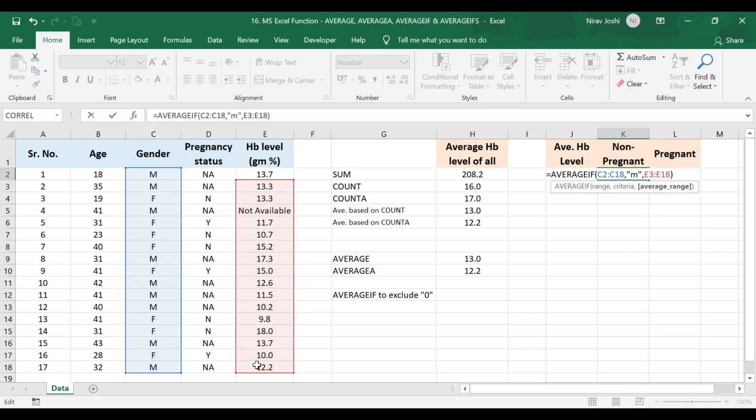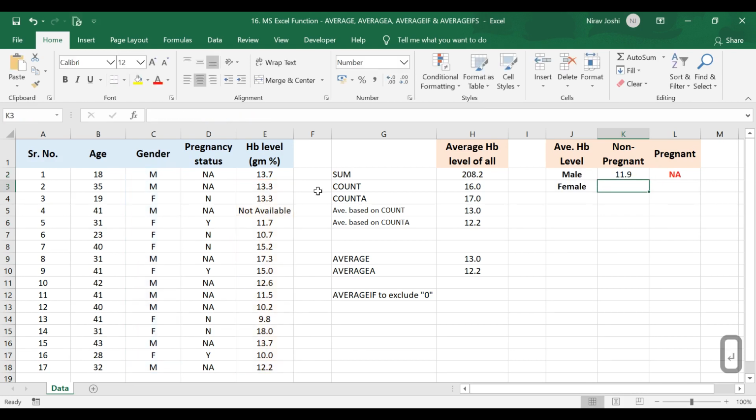What the AVERAGEIF function would do is make the first cell of the criteria range comparable to the first cell of the average range, and that's why the average would change. Previously the average was 13.1, but now the average has become 11.9.